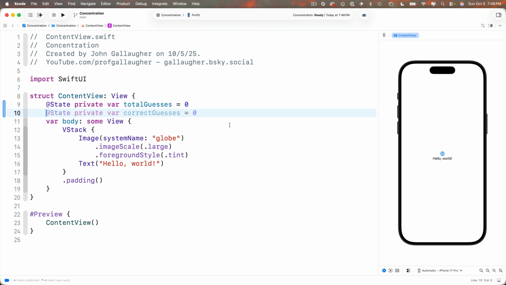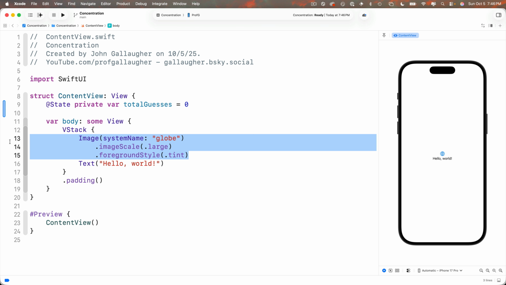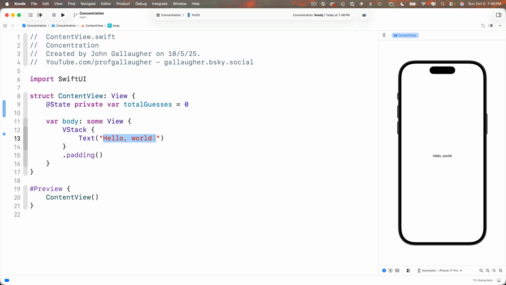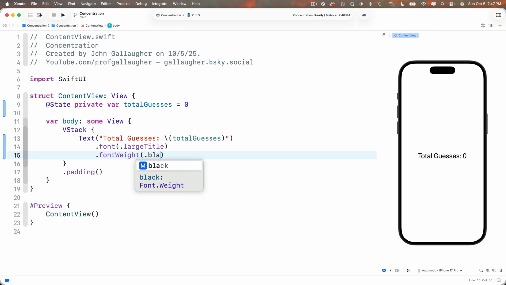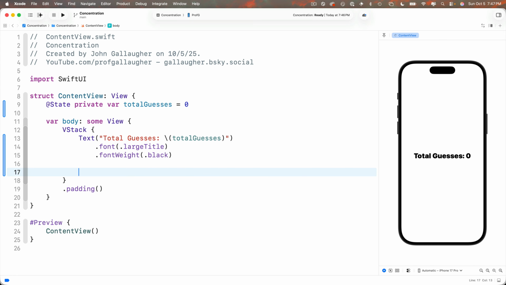So back in Xcode, I'll get rid of the first image view. I'll change the string inside of the text view to "Total Guesses: " with string interpolation, passing in totalGuesses, setting .font to .largeTitle and .fontWeight to .black. To push this to the top, we use a Spacer with open and close parens, and we're ready for question